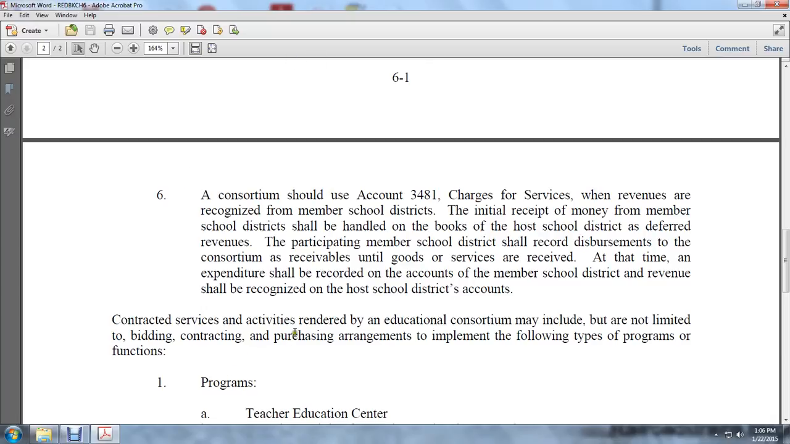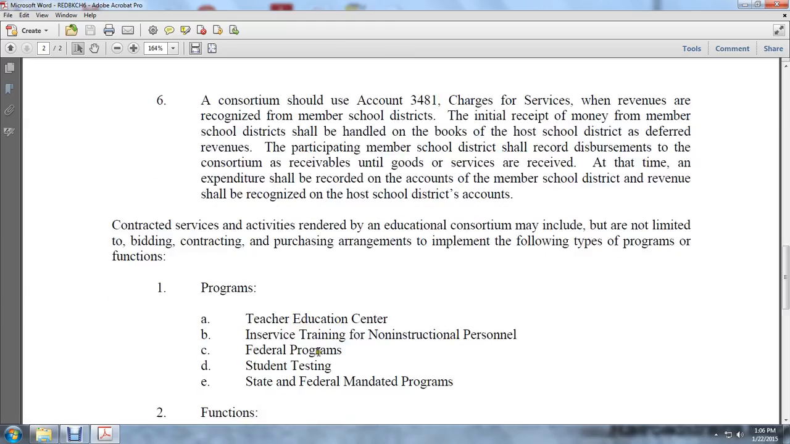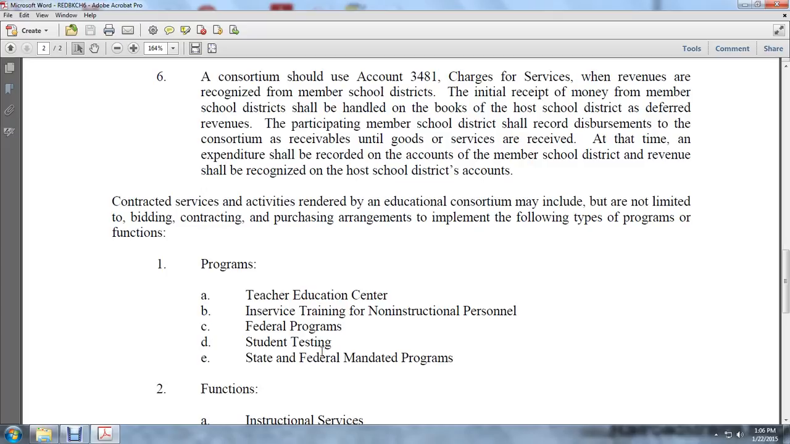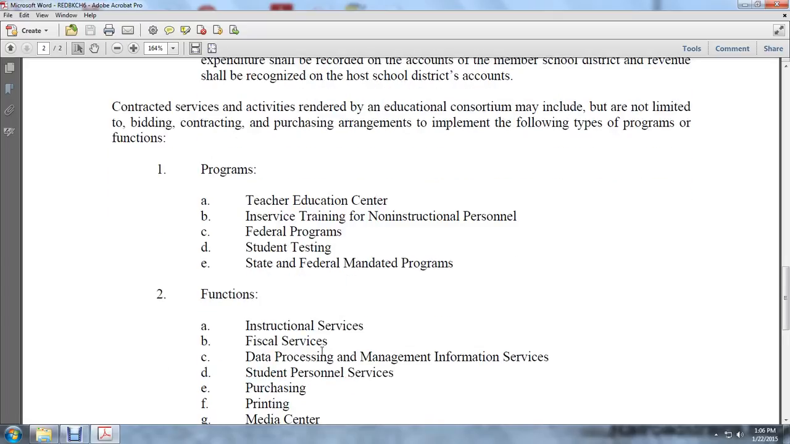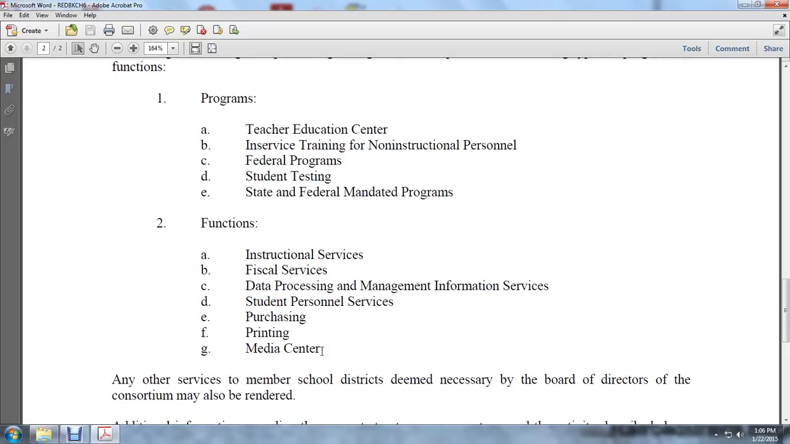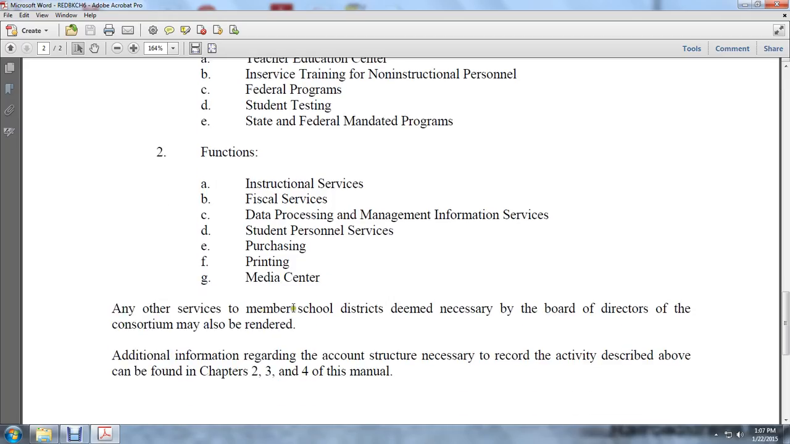Contracted activities rendered by the educational consortium may include, but are not limited to, the binding, contracting, purchasing, arrangement, and implementation of the following types of programs and functions. 1. The programs: the teacher education center, in-service training, non-instructional personnel, federal programs, student testing, and state and federal mandated programs. 2. The functions: instructional services, official services, data management, data processing management, information services, student personnel services, purchasing, printing, and media centers. All other services that member school districts deem necessary by the board of directors of the consortium